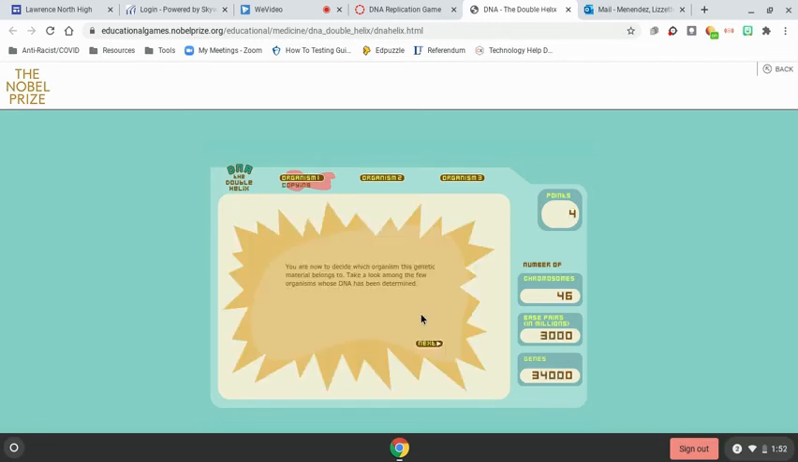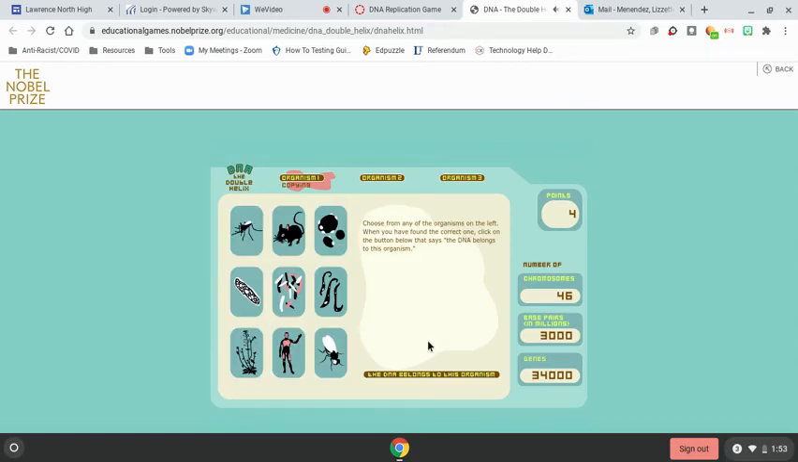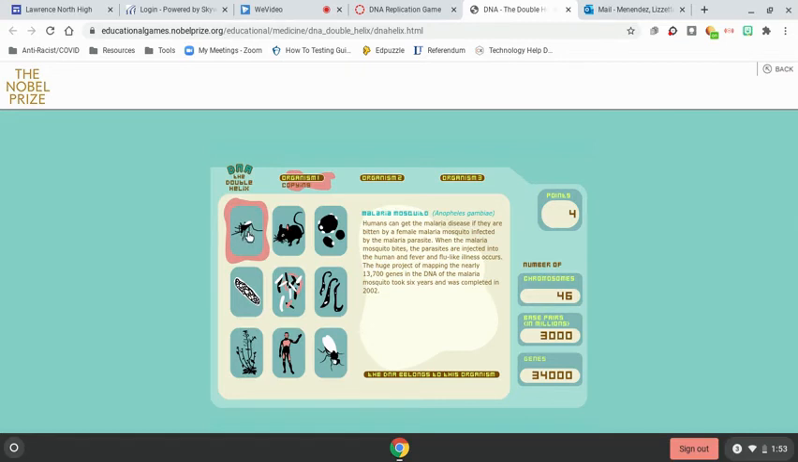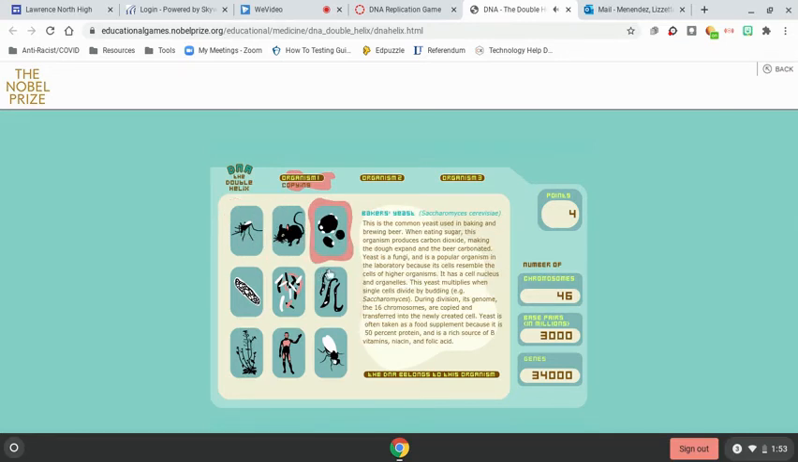You are now to decide which organism this genetic material belongs to. Take a look among the few organisms whose DNA has been determined. So essentially what will happen here is you have these 9 organisms, plants, animals, bacteria, and when you click on the picture, it will give you a little snippet about each one. Essentially, you want to match the information given here to this information that you gathered to the right while you were